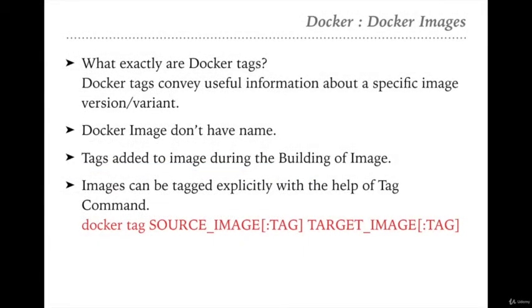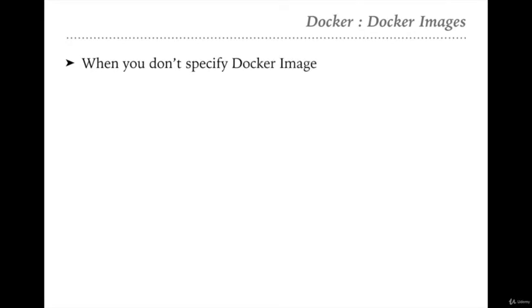Let's move to our next page. So now we have another question. What happens when we don't specify the Docker image tag? We have already seen that if we are not defining any tag with the Docker image, then by default it takes the latest tag, right? So Docker has the implementation: if you are not defining your custom tag, then it will tag the default tag latest with it, right? But it must be tagged in Docker.